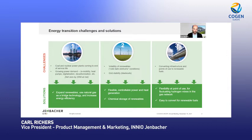At the same time, this increase and expansion of renewables is creating the second challenge, which is the volatility of the renewables that somehow needs to be complemented by other technologies. The biggest example is always this cold, dark doldrum. And a thing that is often forgotten is that we're facing two demand